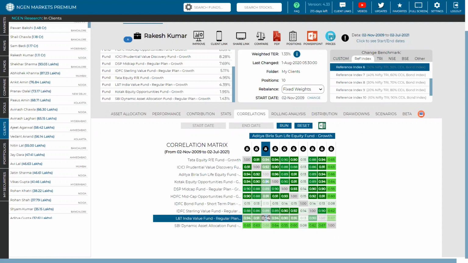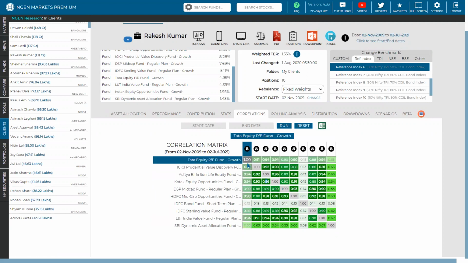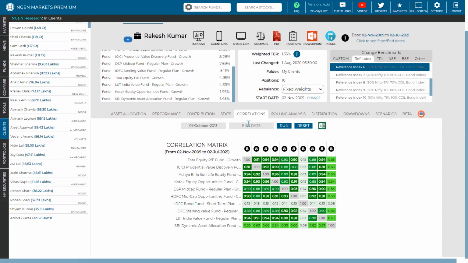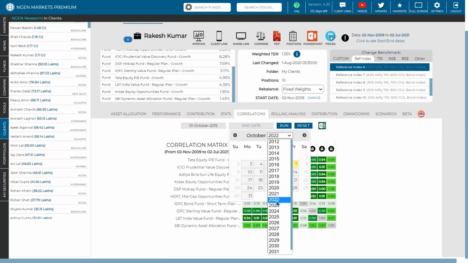This can also work out horizontally, but in a vertical sense, it gives us a proper idea, because you definitely can see that, okay, for Tata Equity, if I'm comparing two assets, I can easily compare that. So that is how this works out for correlation. And it is downloadable in Excel, and you can have your own custom start date. Correlation is all subjective towards the start date and end date. You can just change the dates from here, to check how the correlation has been from